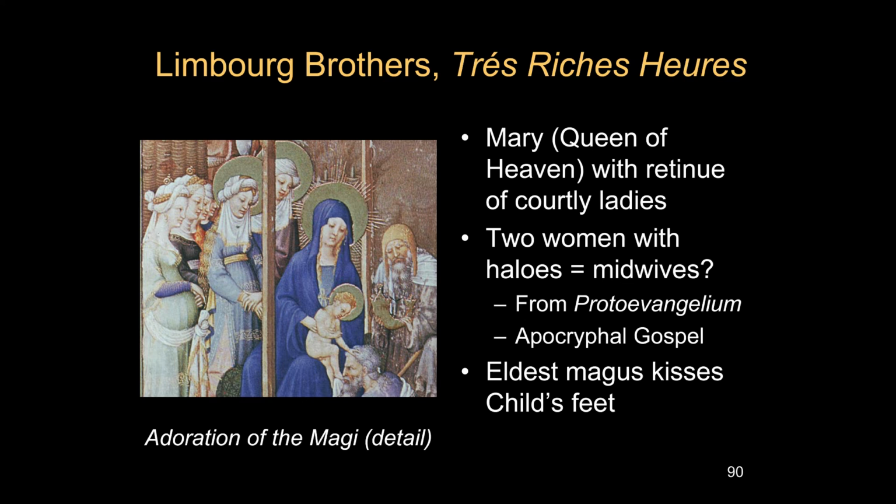Now, are they supposed to be shepherdesses? Where did they all come from? But at any rate, there they are. That's the retinue, the ladies in waiting for the Queen of Heaven. And then 2, as we said, are distinguished. Well, we know of 2 other women in the story of the birth of Christ. They're not in the canonical Gospels, but they are in what is known as the Proto-Evangelium.